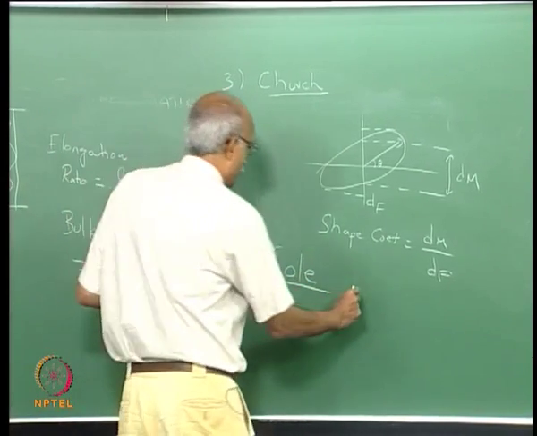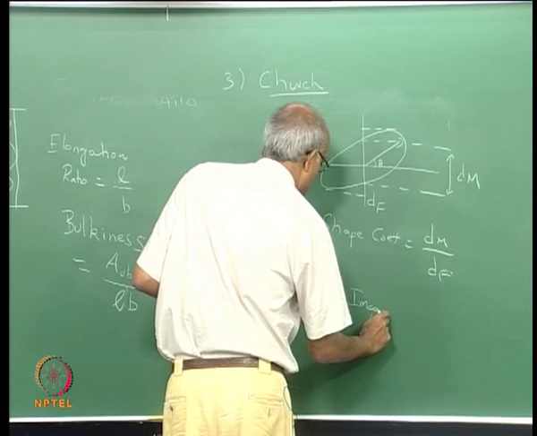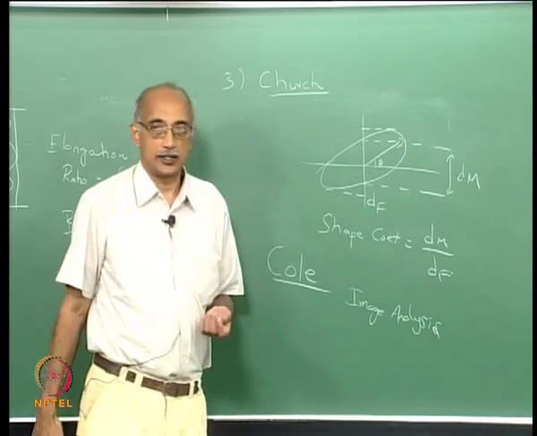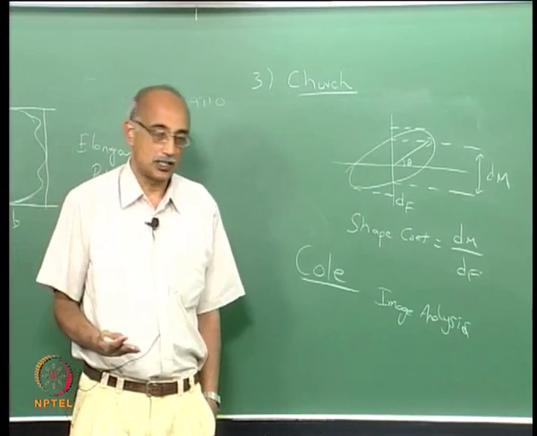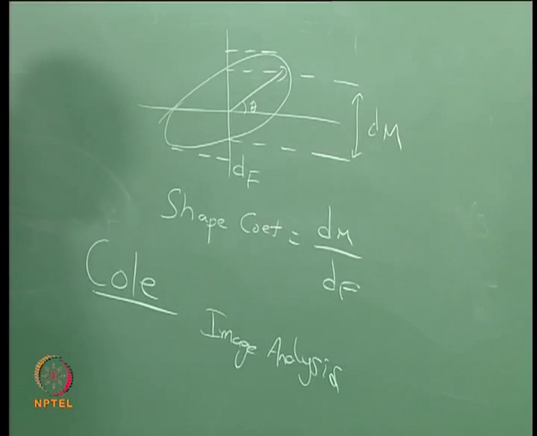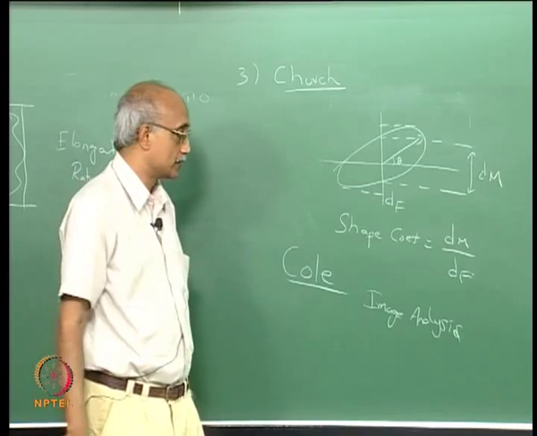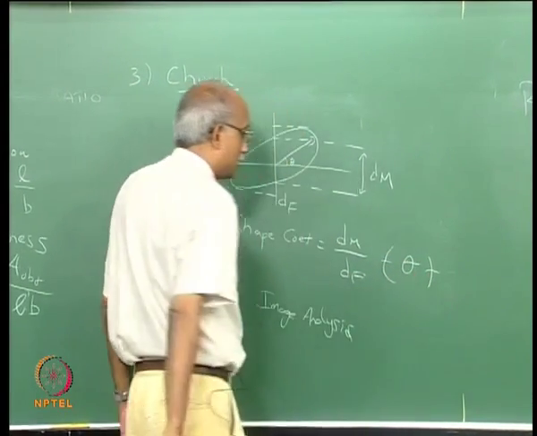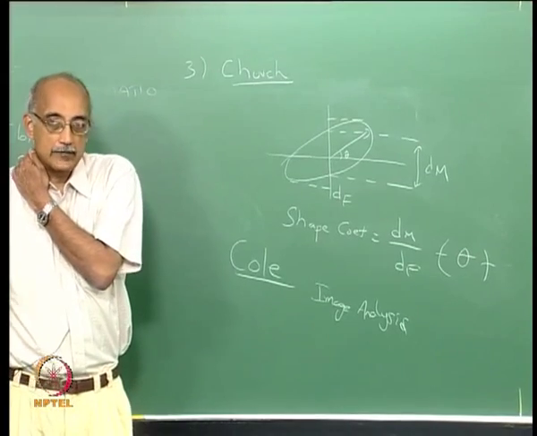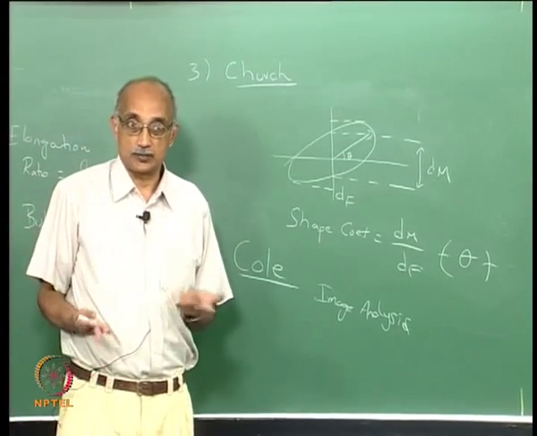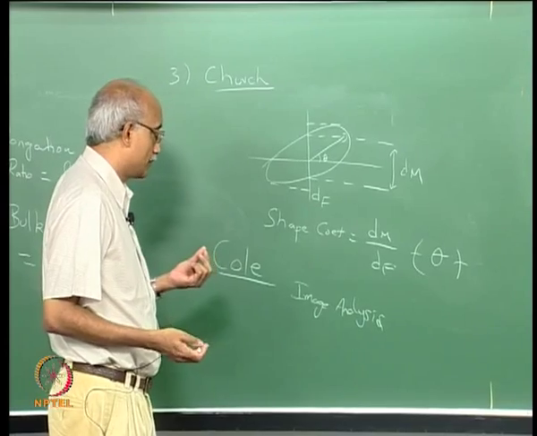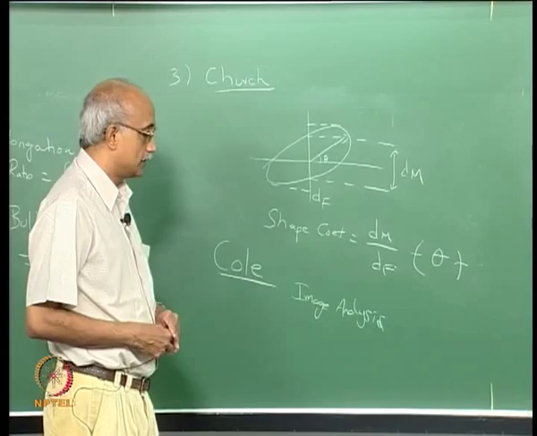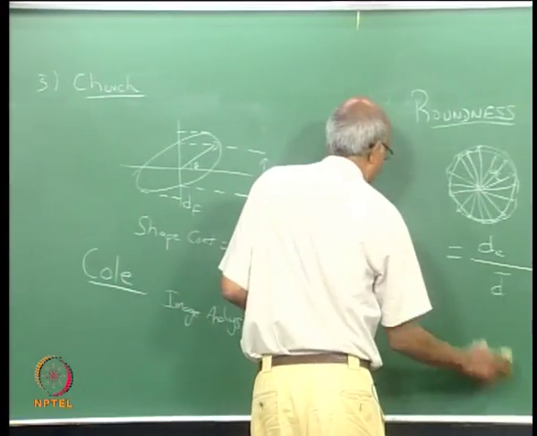So he said, why don't we do a proper image analysis study using a computer and image capture visualization systems, and look at as many values of this ratio, which is a function of this value theta. So let's increase the number of theta values to as large a number as possible until we have a converging value for this ratio. So the Cole technique was to plot